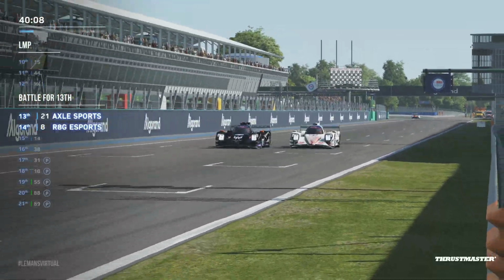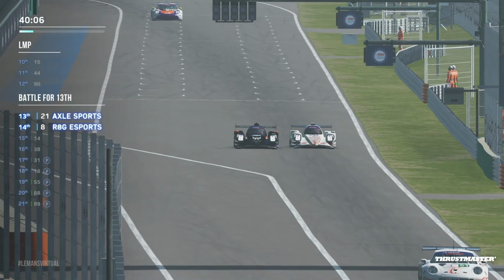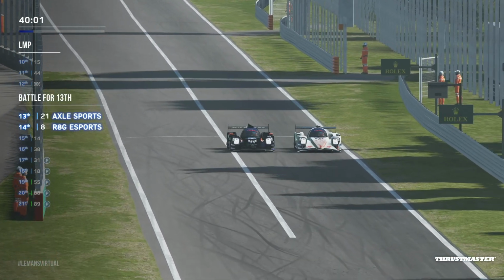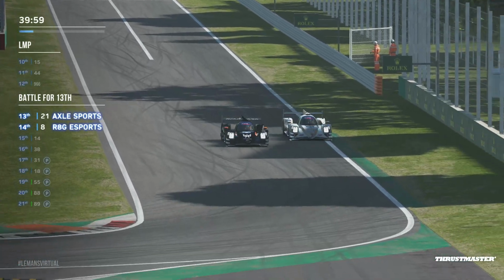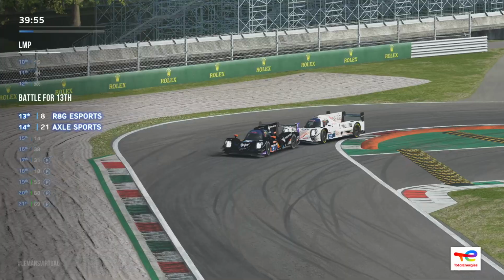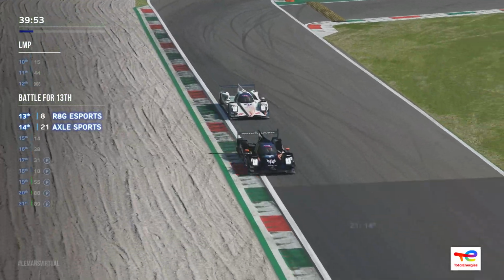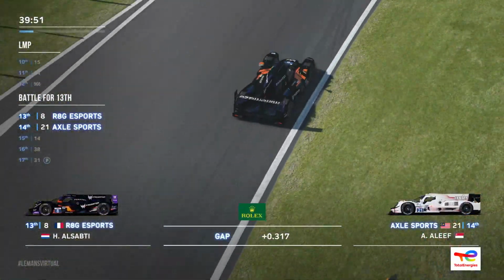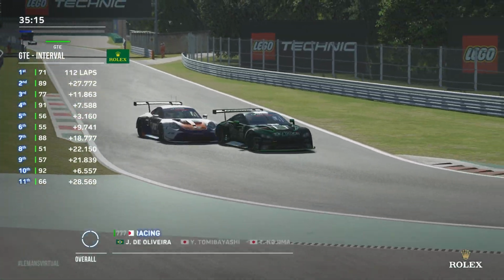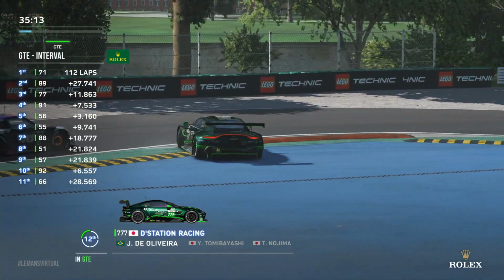That R8G car is struggling. The Axel Sport car, Alif has just gone by, and now the R8G car back down the inside, trying to take the spot back, and does. But again, good battle. However, they'd be hoping to be challenging for victory, or certainly for the podium. Yiffy, if his 2021 is going to be memorable for anything, there are so...